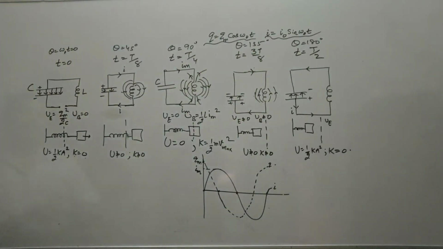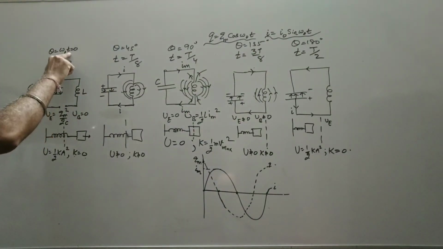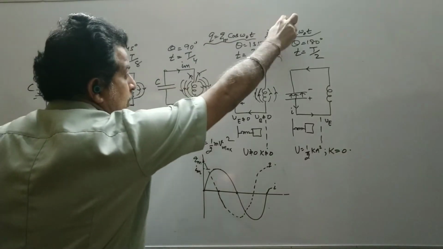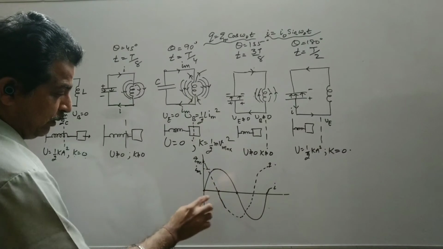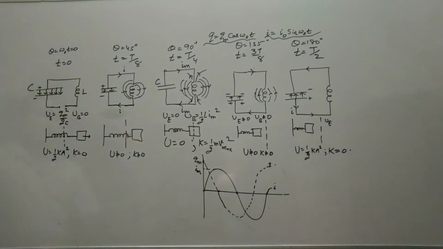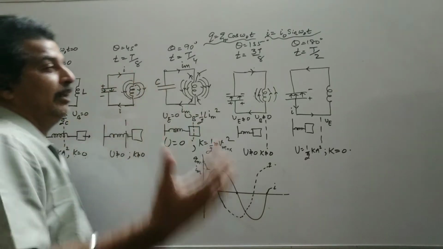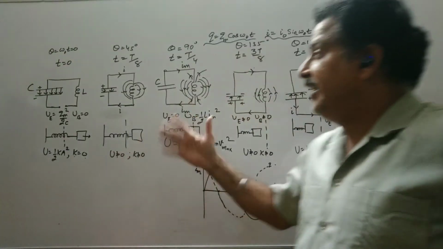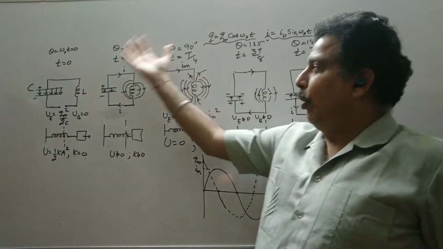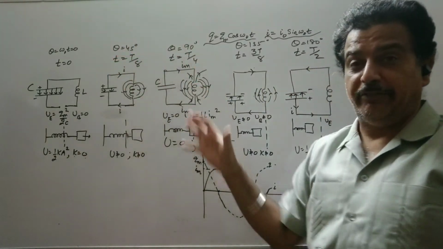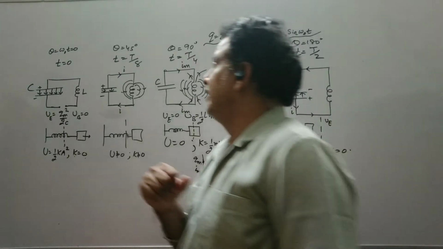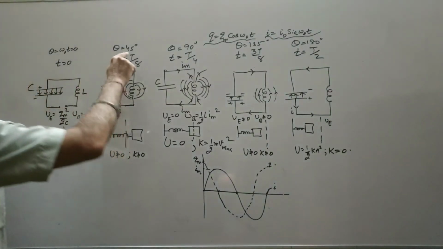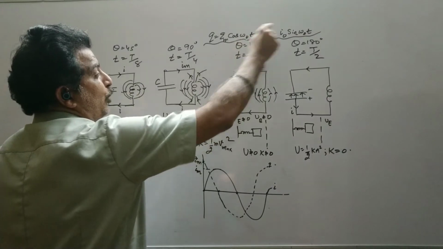So you take the help of the time or theta for this equation, and you see this graph. So this is how we started. The charge is maximum and the current is minimum. Now the circuit is completed. Now we have taken the interval of T by 8, or in terms of angle, 45 degrees. So what happened at 45 degrees? In that situation, mathematically, you check, substitute cos 45, sine 45.